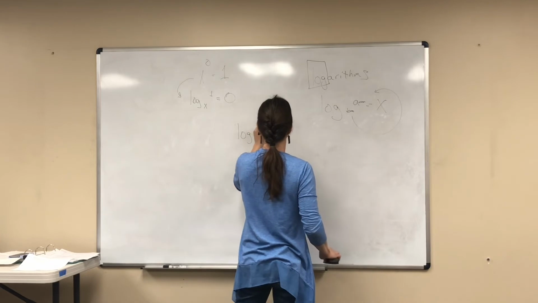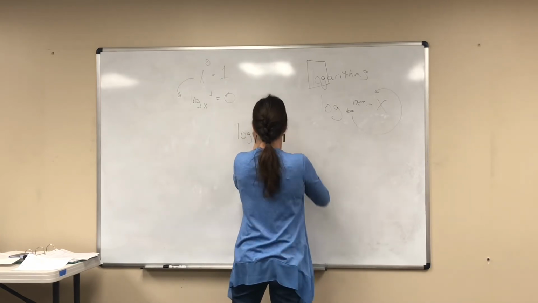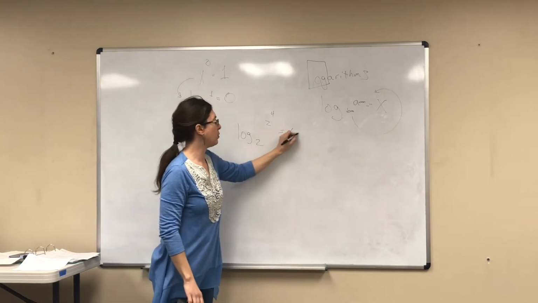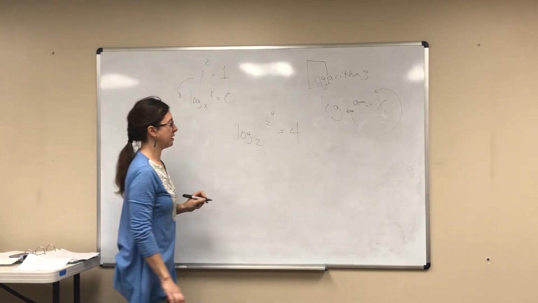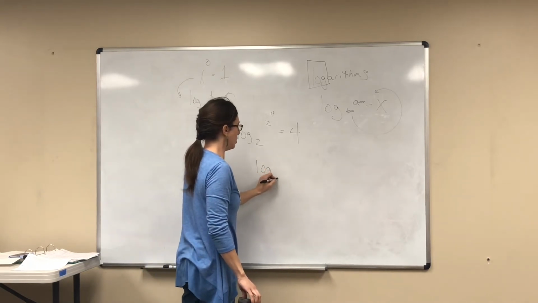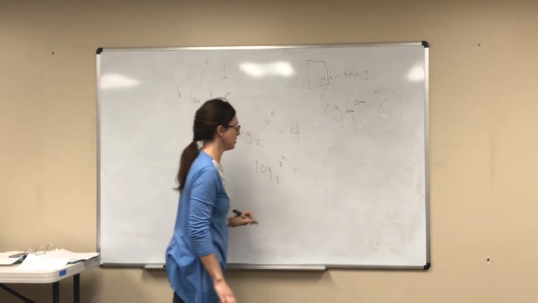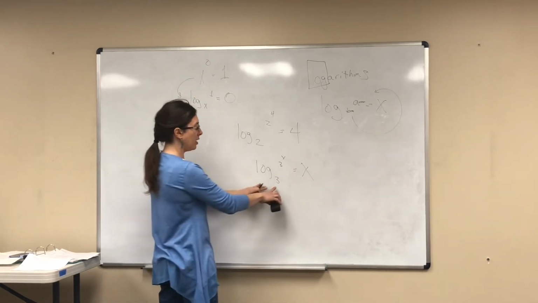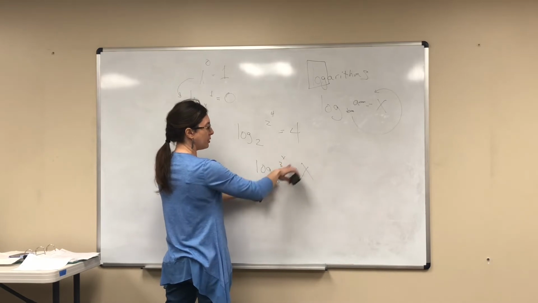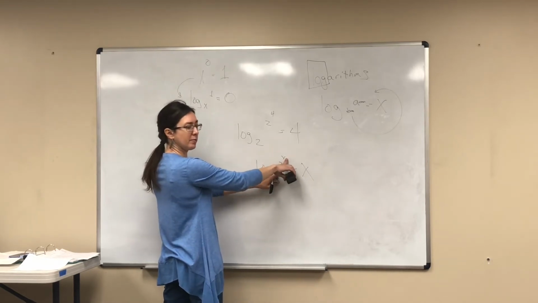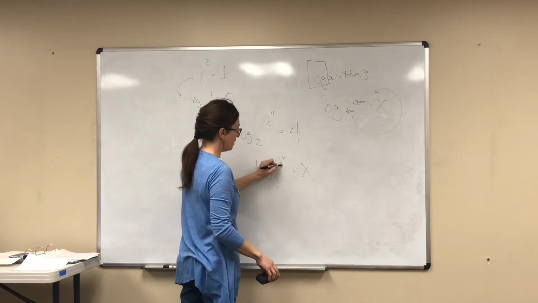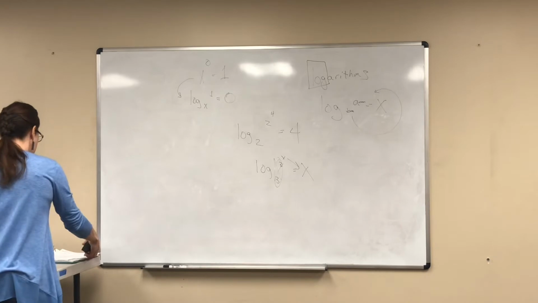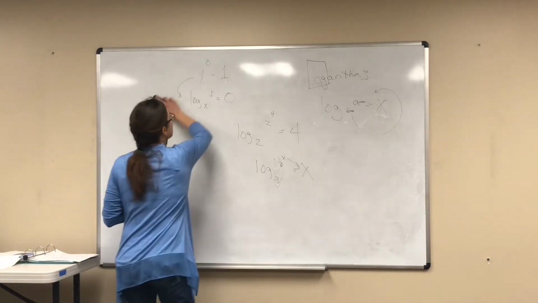Log 2 to the 4th equals 4. Excellent. Log 3 to the x equals x. Okay? Our base raised to a power is equal to the base raised to the power. So all we're doing, these are canceling, and our answer is our exponent. Okay? So that's that second rule that it has there. Okay. Now,